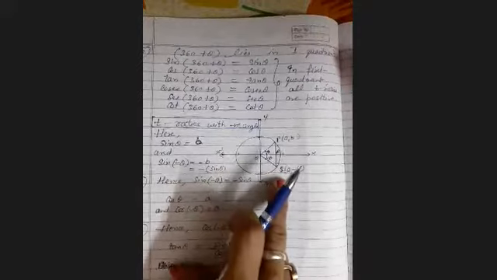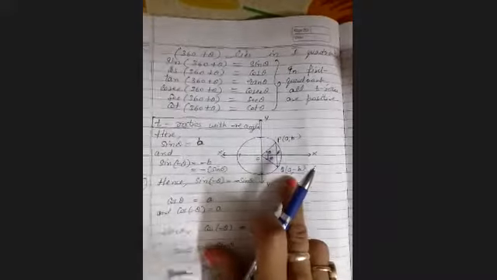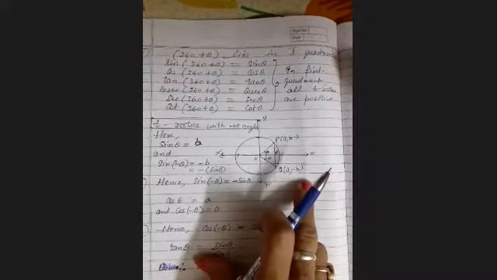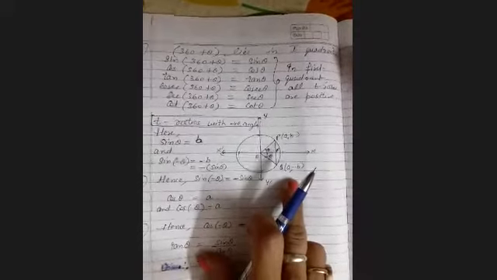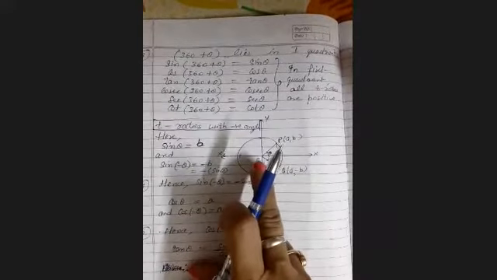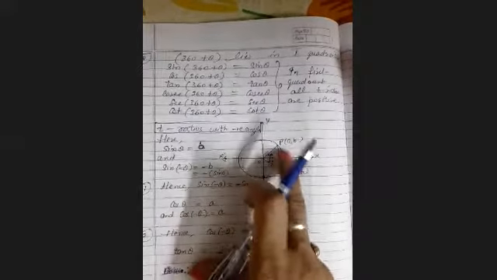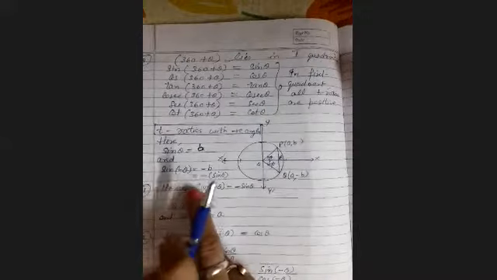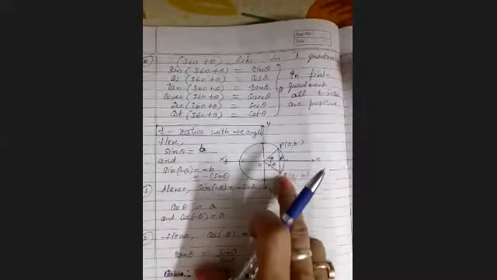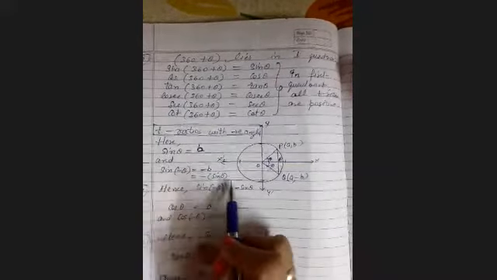The coordinates of that point will be here: x is positive and y is negative. That's why a is positive and b is negative, minus b, because y is negative. If we write sine theta, it is perpendicular upon hypotenuse, that is b. But sine of minus theta will be minus b because it is in this triangle. And in place of b, we can write sine theta. That's why sine of minus theta is minus sine theta.